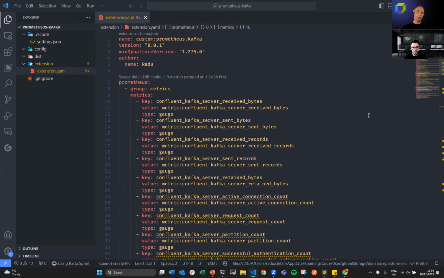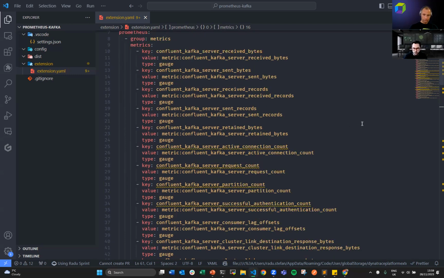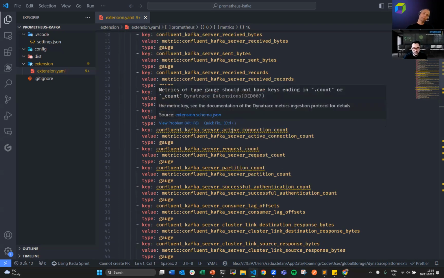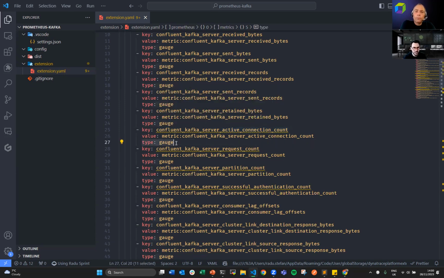Perfect. Thank you. So the next feature that I wanted to introduce is these additional highlights in here. These are some of those custom diagnostics that are coming from the extension, detecting that, hey, something that you've put in here may not be the best practice, even though it's valid from a point of view of the YAML. So what this particular one is highlighting is that I am ingesting gauge type metrics, which fluctuate up and down, but I'm using a name syntax that is reserved for count metrics, which are only increasing in value,